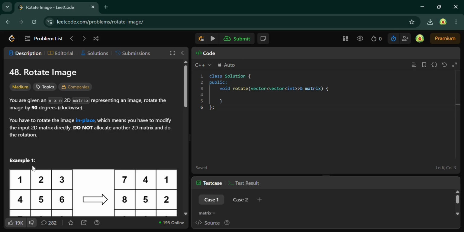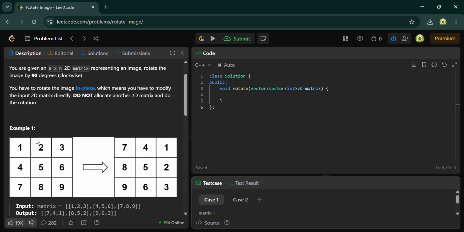Viewers, today we will solve one more question of LeetCode 48, which is Rotate Image. In this question, you have to find a transpose and then you just reverse the row and the column. Okay, so first you have to find int n equals matrix dot